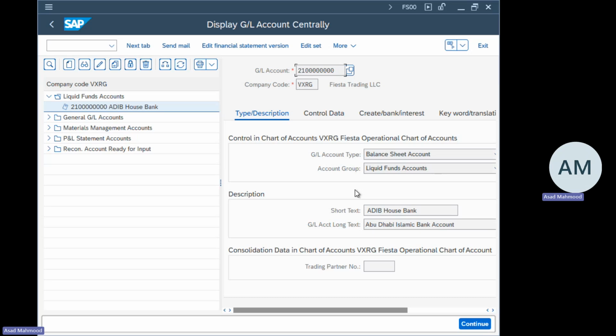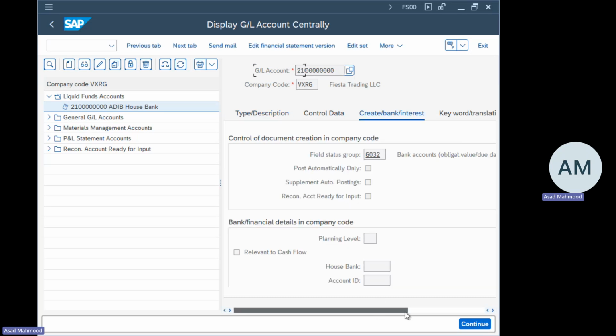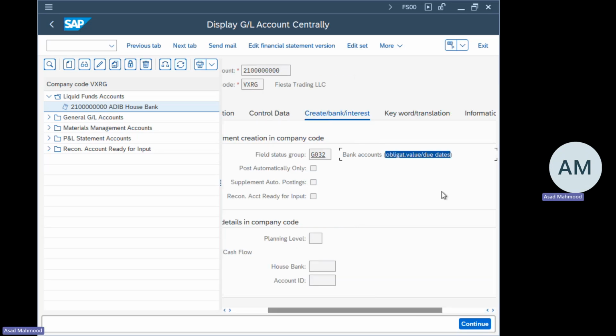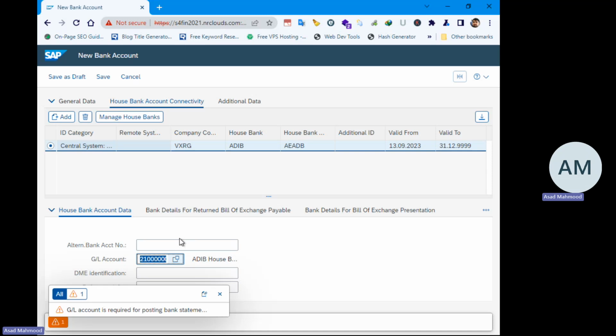I used the value slash due date, this one, for a simple reason. It will contain both conditions, meaning all the movements are going to happen in this account. When I create a check account, in the checks I will create value date for incoming checks and due date for outgoing checks. Both of them. So I will copy this number and I will enter. It says